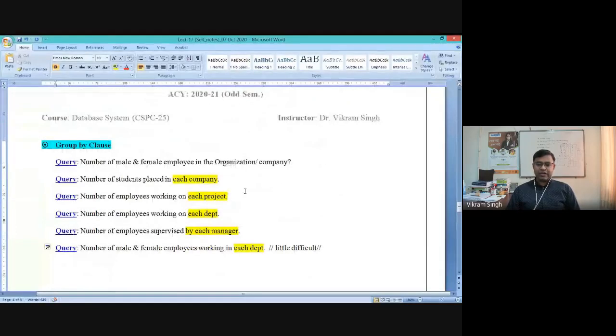जब भी आपके पास ऐसी क्वेरी आएंगी तो उसमें एक बेसिक सा नेचर ये है कि जो भी आप कहना चाह रहे हैं. So let's say the first query which says number of male and female employees in the organization. आपको पता है कि employee table में there is this column called gender, and based on this column you can simply have the count. कि सर मुझे पता है कि इस gender column basis पे I can count कि इतने लोगों में male है इतने लोग female है, right? Now it is very important to apply or write a query for that, right?